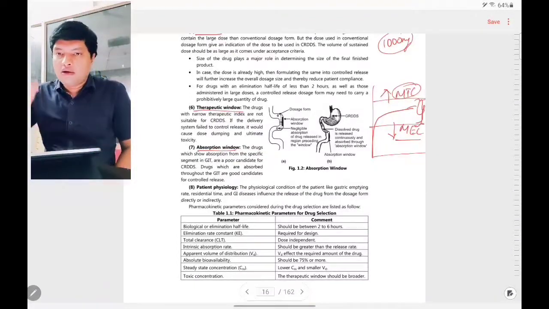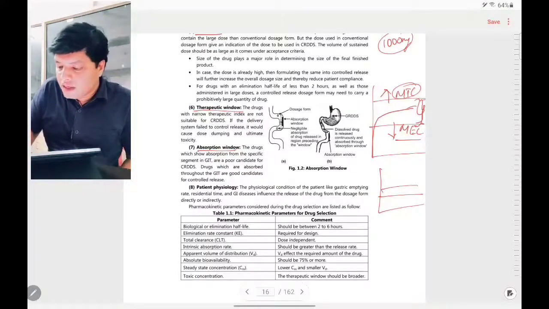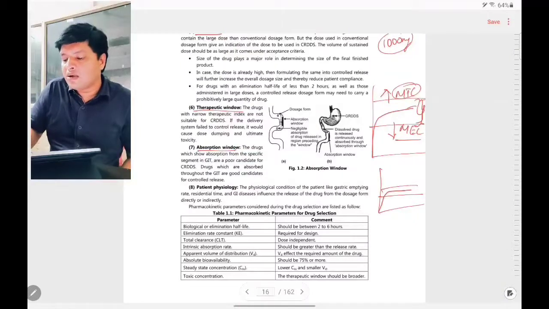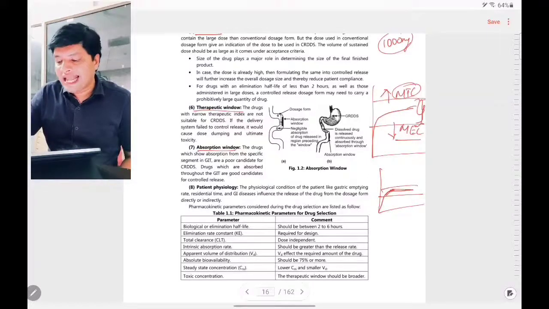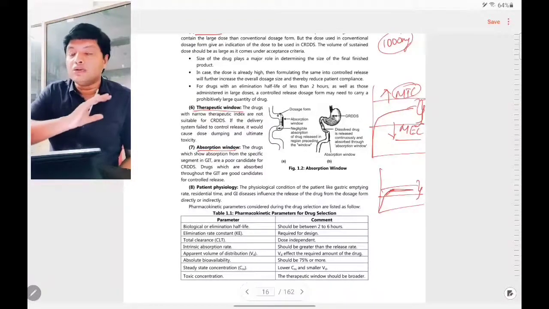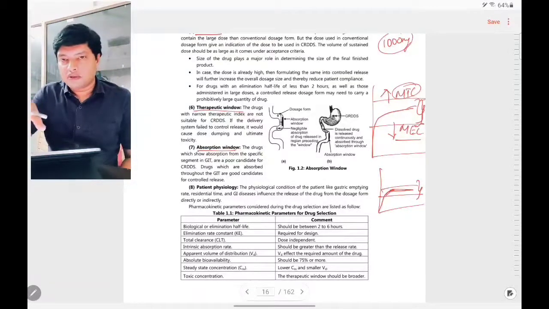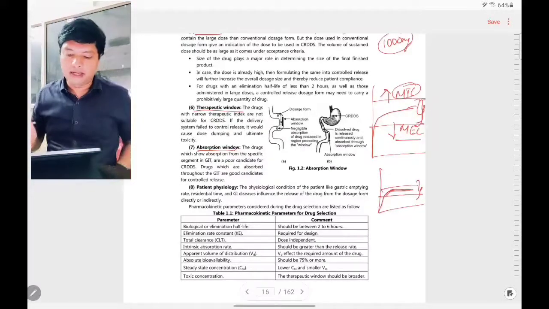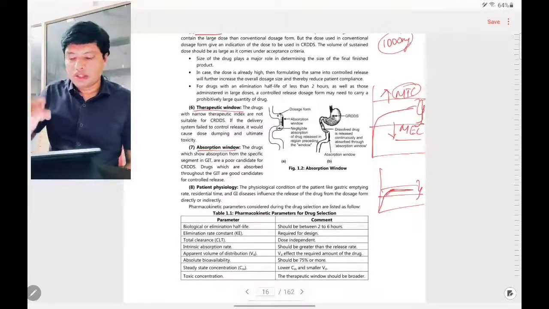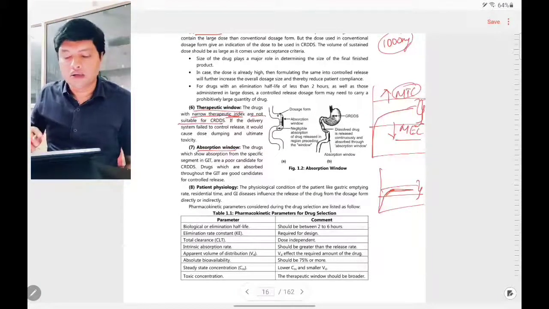Now some drugs will have a narrow therapeutic window like this. Then what happens? It is difficult to control the release, or control the drug concentration, to stay in the therapeutic window if it is narrow. In such a case, those are not good candidates for formulating a controlled drug delivery system. So drugs with a narrow therapeutic window are not recommended, only drugs with a good therapeutic window are recommended here. Drugs with a narrow therapeutic window or index are not suitable for controlled release drug delivery.